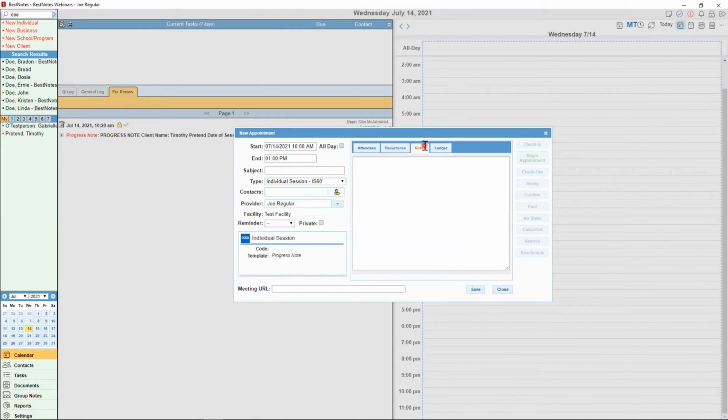The notes section here is not for your clinical notes. We will be looking into clinical notes later in this webinar. This is specific for your appointment, which can be a training or it can be all sorts of other things, in this case, an individual session. This is not where we're going to put PHI. This is not where we're going to be putting in their clinical notes. This is, however, a great place to put in contact information,